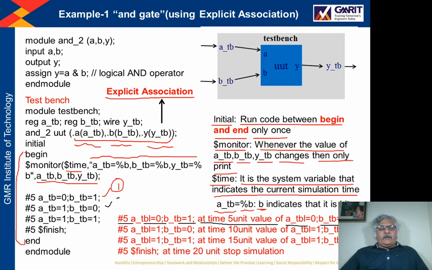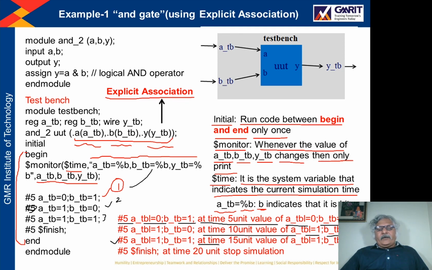Now you see statement number 2. Here also we have written #5. So this #5 means after 5 units of statement number 1, that is at time 10 units, the value of a_tv will be 1 and b_tv will be 0. Then statement number 3, it is written here: #5 a_tv = 1; b_tv = 1;